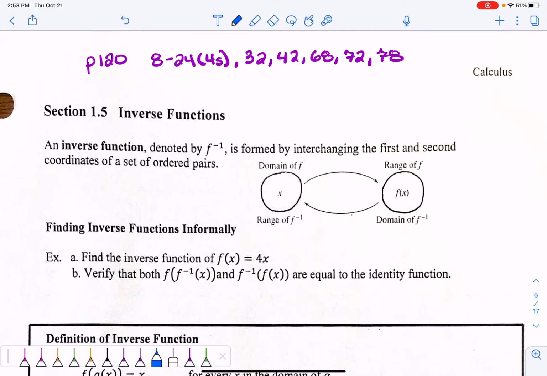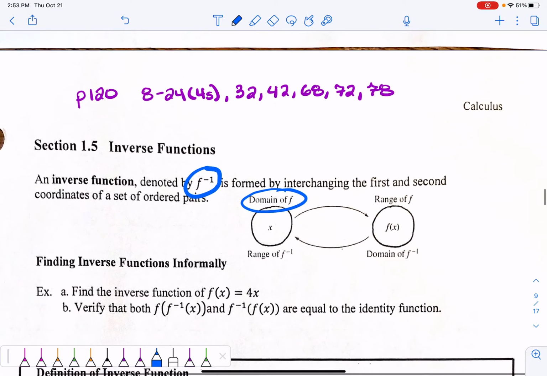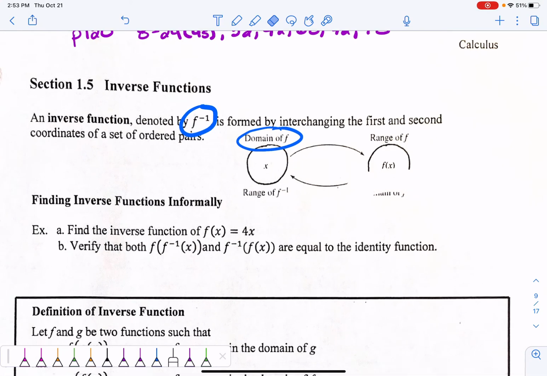So inverse functions, the notation that we use looks kind of like f to the negative 1 power, but we never read it as f to the negative 1 power. We just say the inverse of f, or f inverse is what we call it. And the way that an inverse works is like an inverse of a function undoes what the regular function does, okay? So like the domain or the x values of a regular function will become the domain of the inverse,